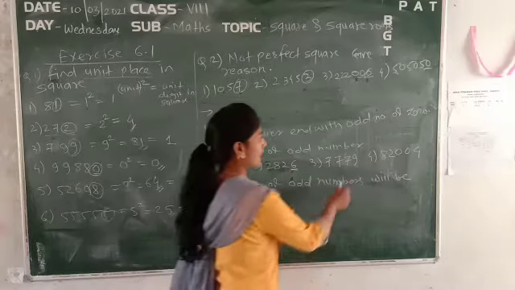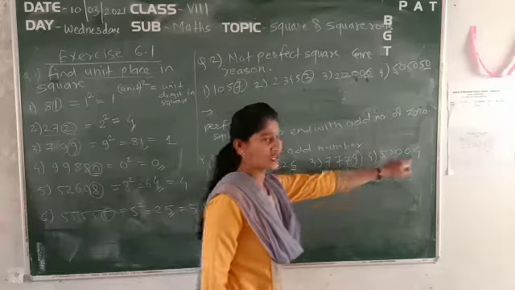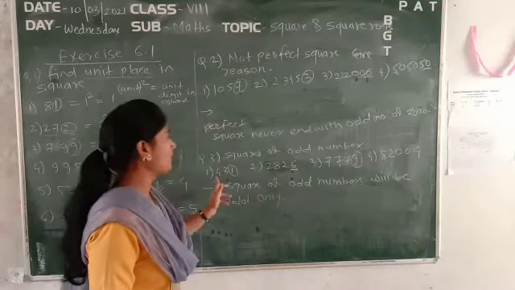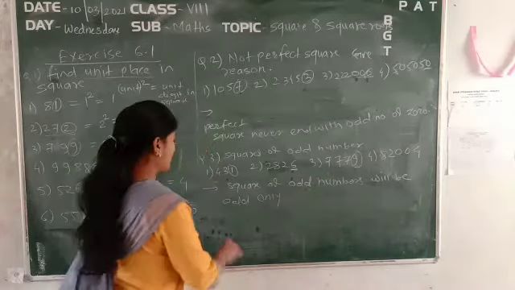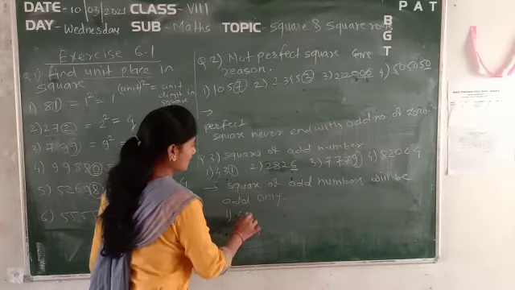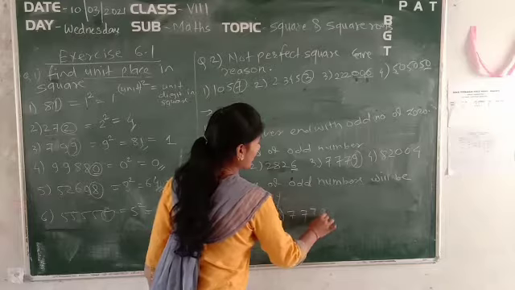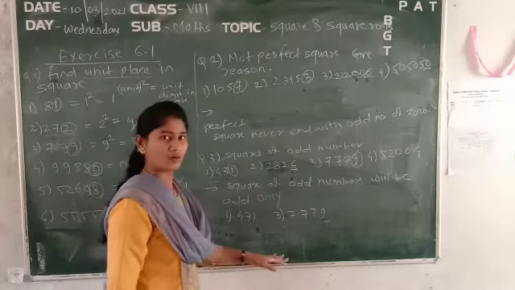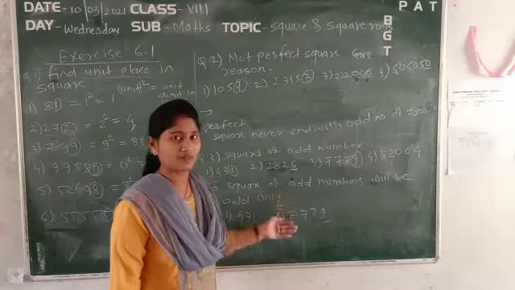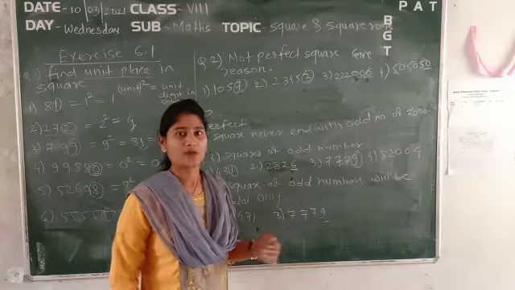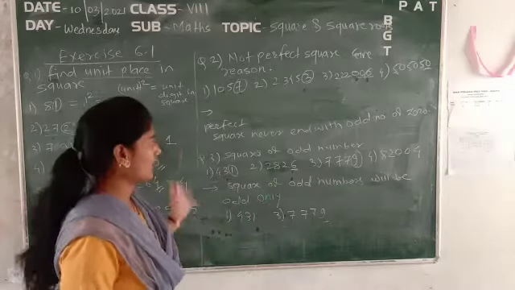Here 9 is also odd and 4 is even. So there are 2 numbers which are odd, that is 4, 3, 1, 1, and the third one, that is 7, 7, 7, 9. These are the only 2 numbers whose unit places are odd, that's why their squares will also be odd numbers only. Have you got all 3 questions?